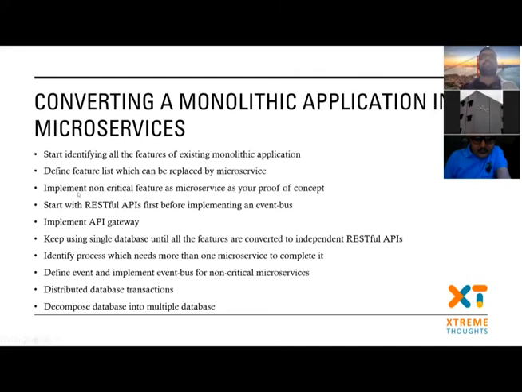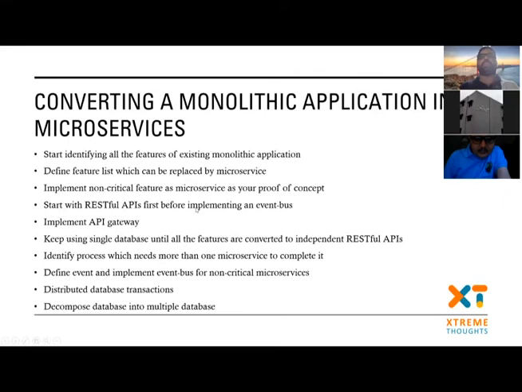Okay. Now implement non-critical features as microservices as your proof of concept. So as I said, the components or features which are not very critical, right? You start with those, implement them as microservices and see how it fits together, right? Before you jump on and do a big conversion of everything, divide everything and just prepare microservices. Start with RESTful API before